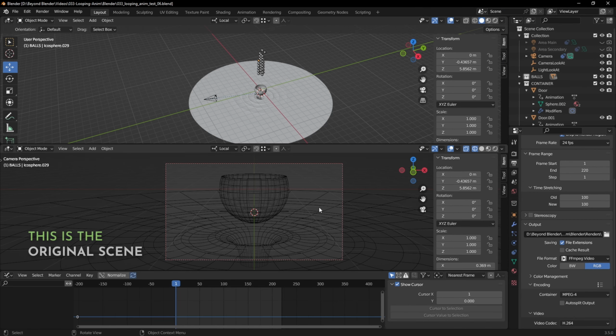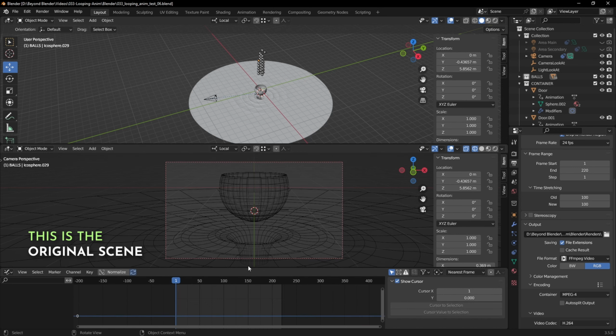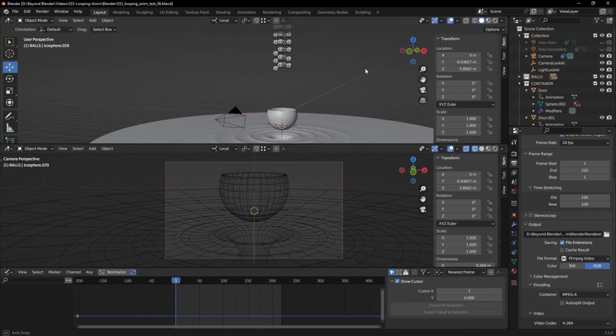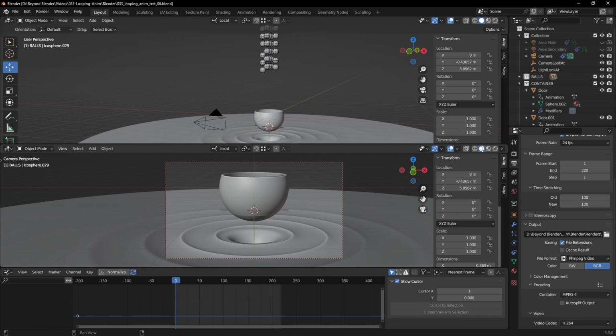Let me just show you the original file that you saw the animation from. And here's everything in the scene. As you can see, we have a whole bunch of Ico Spheres above the container shape, and then these drop into the container, of course. And after a few seconds, the trapdoors open up, the balls fall through, and then they're poured through a funnel